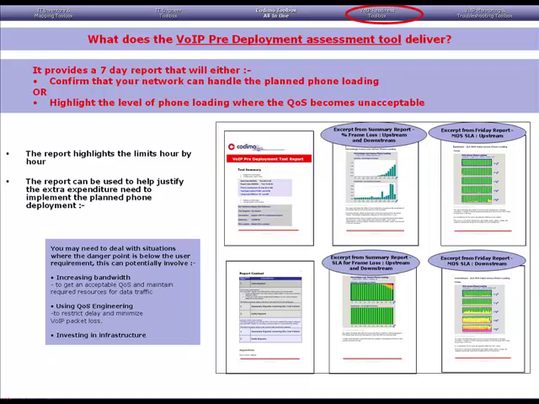It can be used to help justify, for example, any extra expenditure needed to deliver the planned phone deployment, for example, increasing the bandwidth or purchasing new switches and routers that are capable of handling the QoS engineering needed to properly prioritize your VoIP traffic. For detailed information on this tool, you should refer to the How to Stress Test Networks